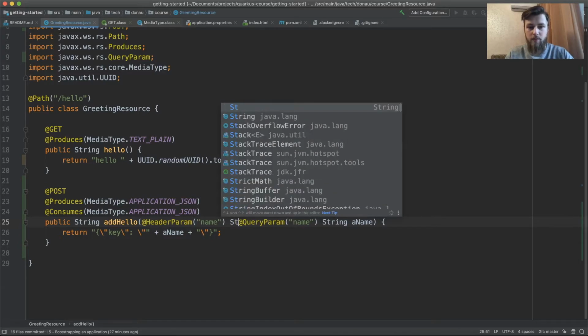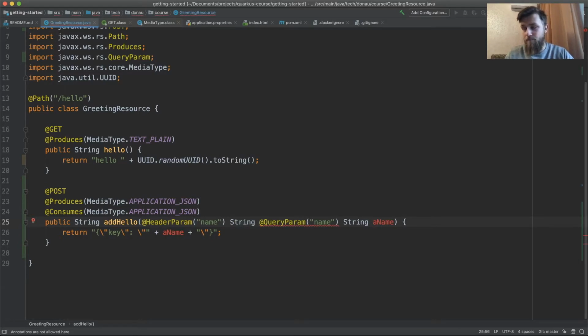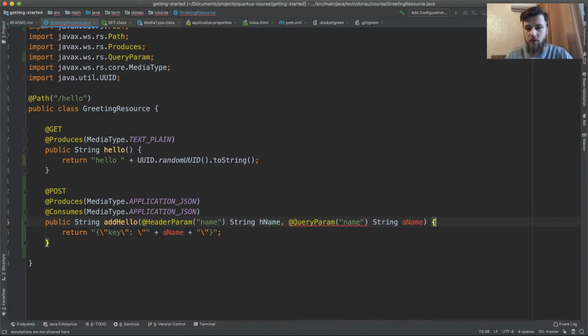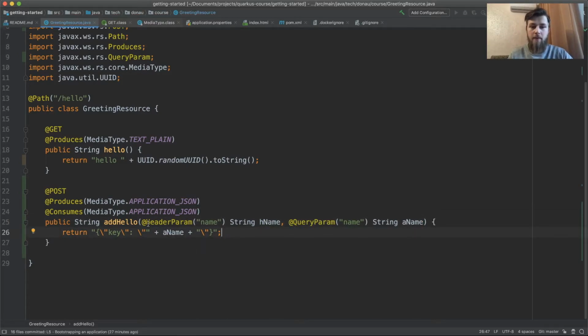And we can put a string, hName, for example. So what happens here? We have a header param and then a query param. They both have a name, but the parameter that you pass to the function can have a different name. That's why we have different names for the arguments, but the argument that you pass to the annotations is the same. And in this case, that's actually a really nice example where you can use a super simple